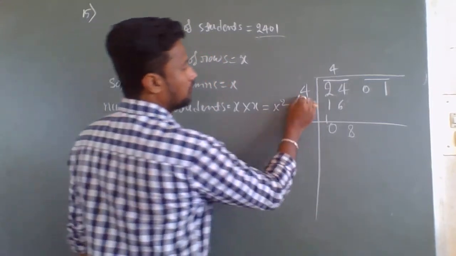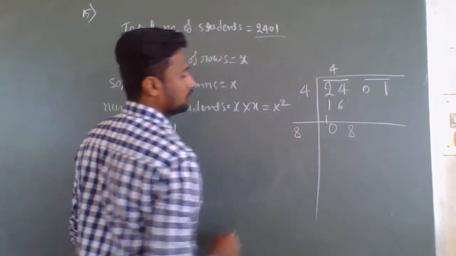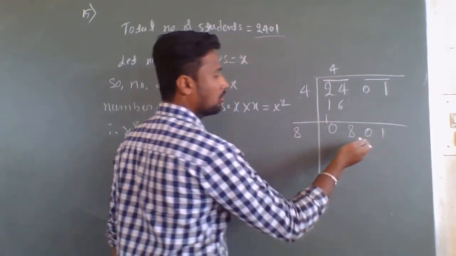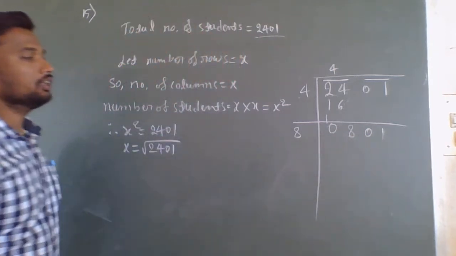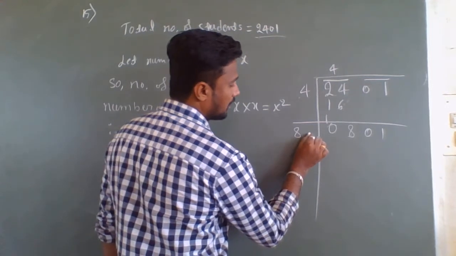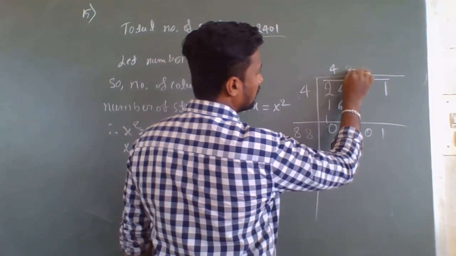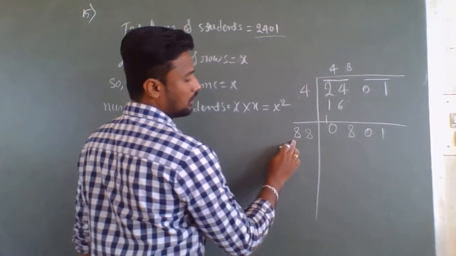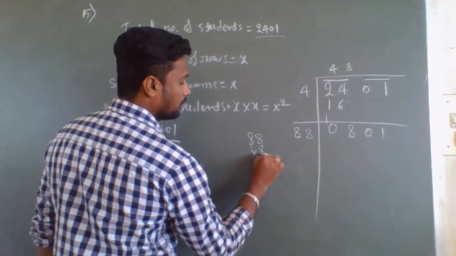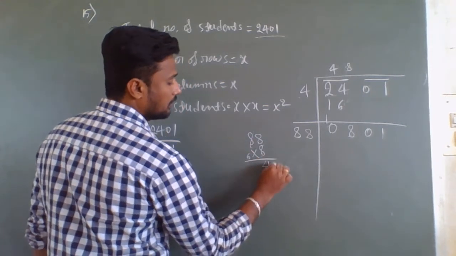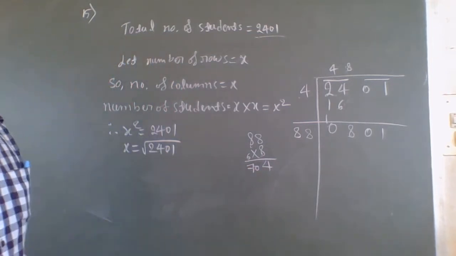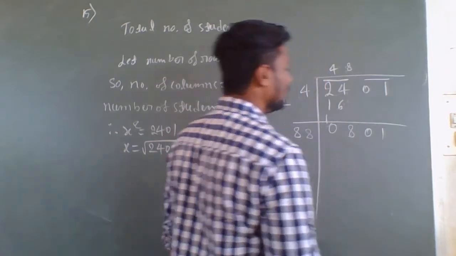Okay. Now 4 plus 4, what will you get? 8. And I will bring down the second group 01. So what do we have now? 801. Here I have 8, so if I consider 8 here, here also I should consider 8 only. Now I will check with 88 into 8. 88 into 8 means what will we get? 8 eights are 64, 8 eights are 64 plus 6 means 70, which gives 704. But here we have 801.